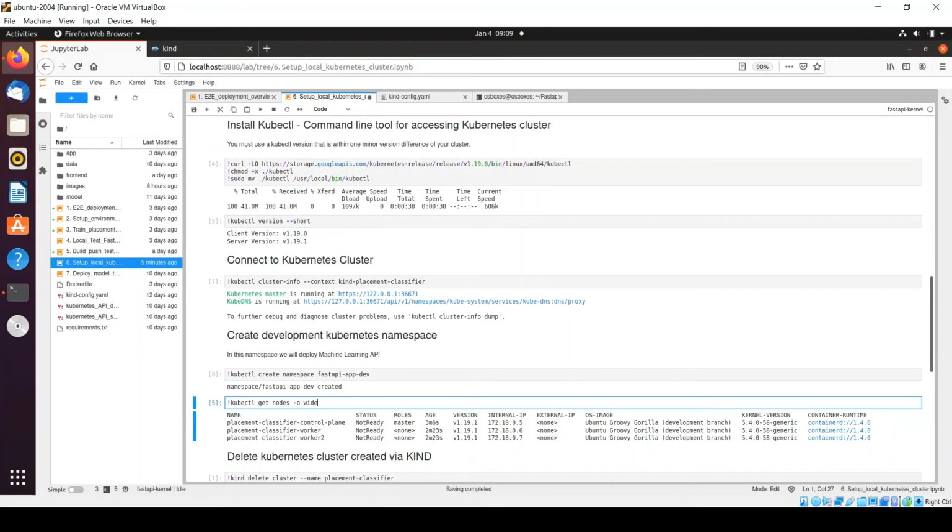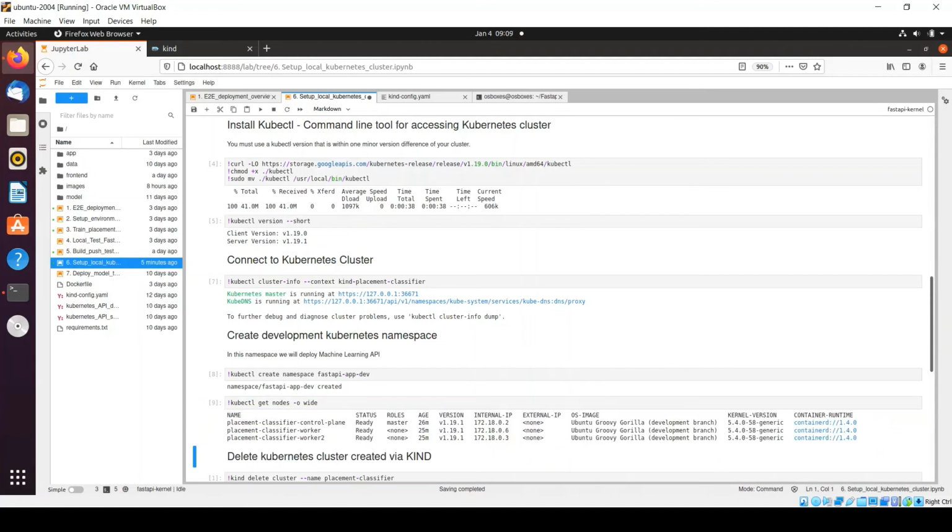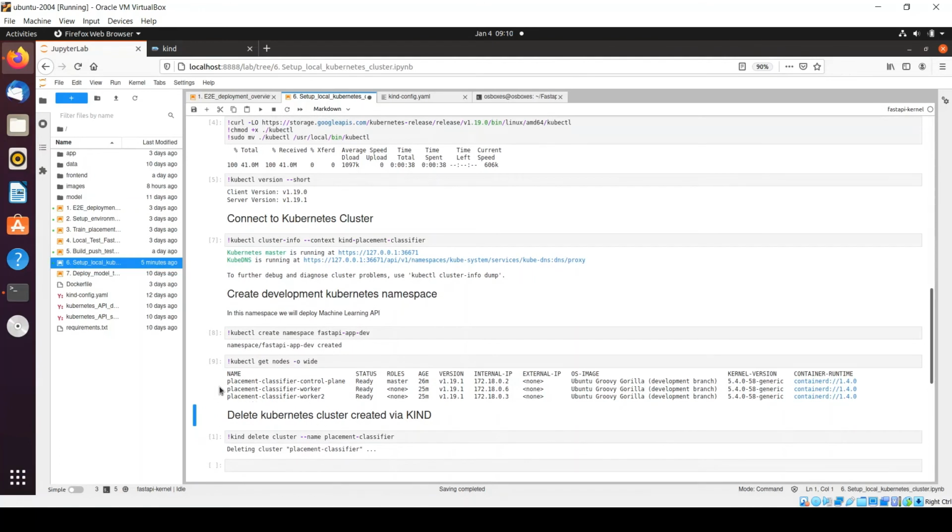Okay. Now we'll check how many nodes Kubernetes has created. So in order to check that, we need to run this command, kubectl get nodes -o wide. So just run this cell. So you can see it contains 3 nodes. One node is responsible for the control plane, which is defined as master, and the other 2 nodes are workers. So they have been defined as worker and worker 2, right?